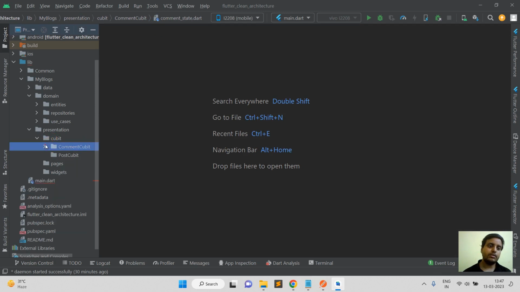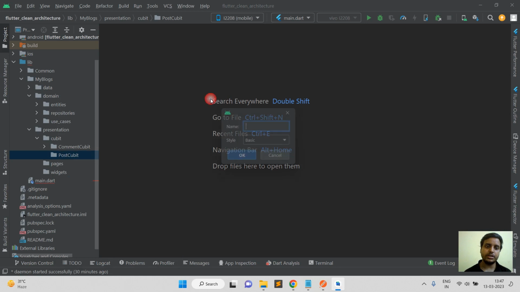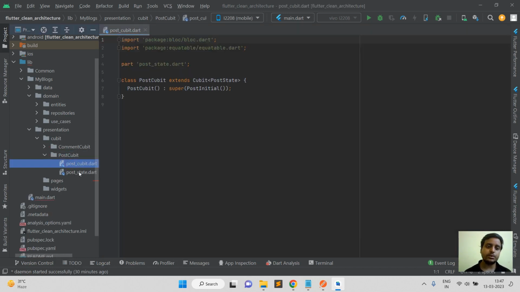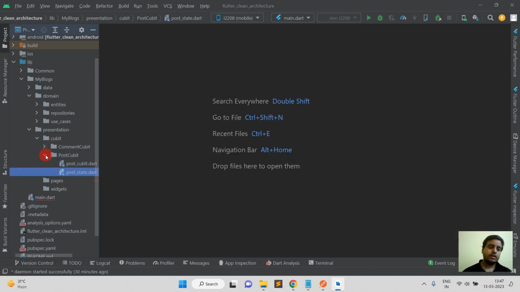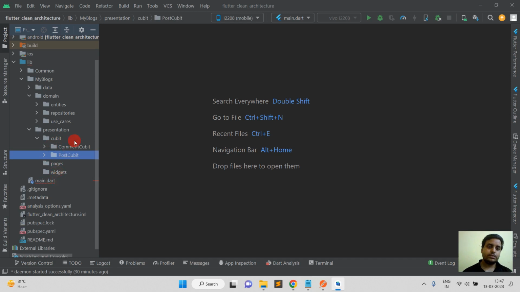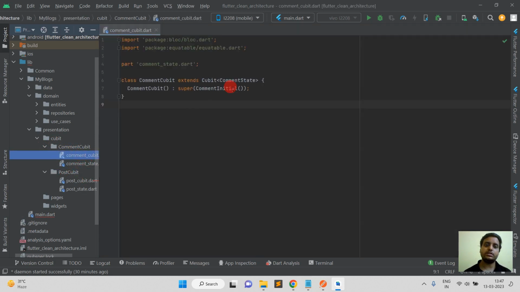So similarly for the post cubit we will generate our cubit classes. So click on cubit classes, and then here we will use post cubit and just change with equatable, and just press on okay. So you will get two classes, post cubit and post state similarly. And after this, in the comment cubit, firstly open this comment cubit, and then